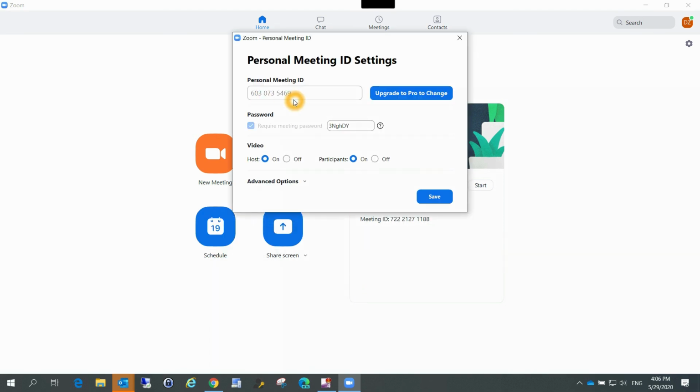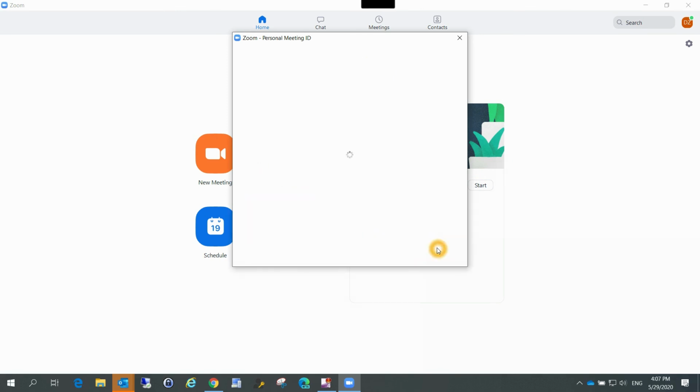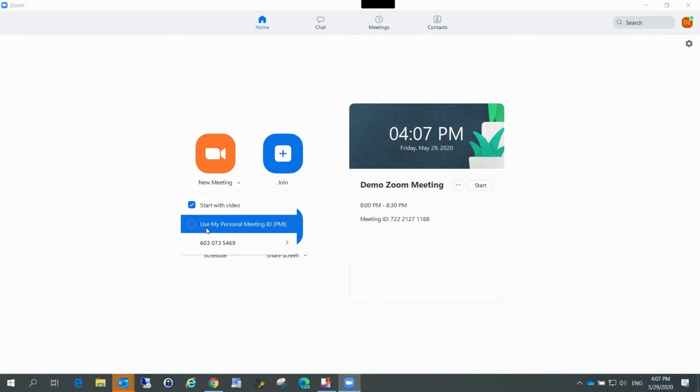You can only change the personal meeting ID if you have a paid account, but you can change the password of the meeting ID, and you can also set some basic settings, like whether you want to start the video when you start with the personal meeting ID, or the participants join with video, those kinds of very small things so that it becomes personalized. And whenever you create a meeting request with the PMI, these settings will be in effect.